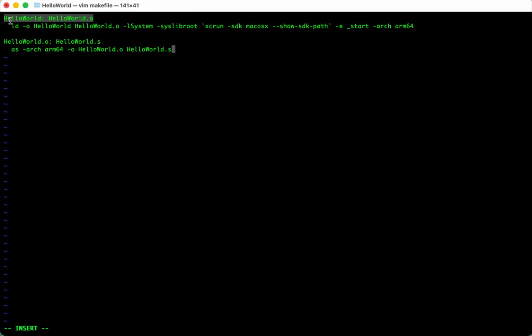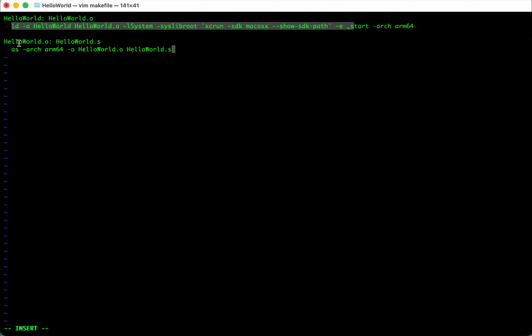But in the makefile, I would actually specify the target. That's the final name of the binary or the executable that I want to use when I run the program. And then the dependency would be this hello world object file. The actual command I would type on the command line would just be this. I say just that, but there are some extra things you have to type in there on a Mac system, a little more to it than, let's say, on a Linux system. But again, we're not getting into the specifics of assembly language right now. Just trying to show you the workflow of creating a source file and compiling it, linking it, and running it